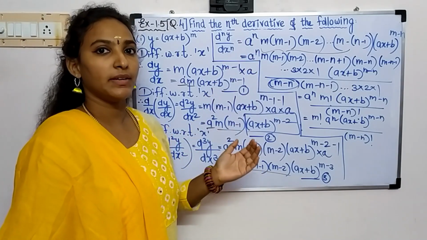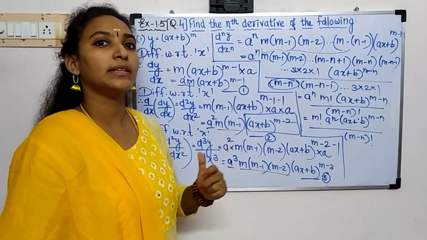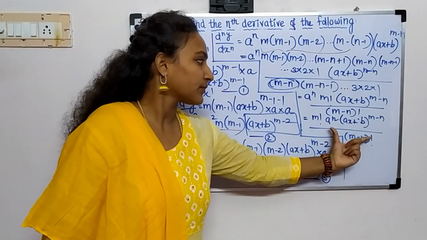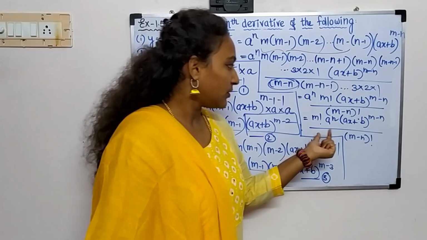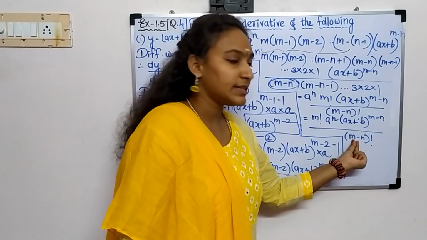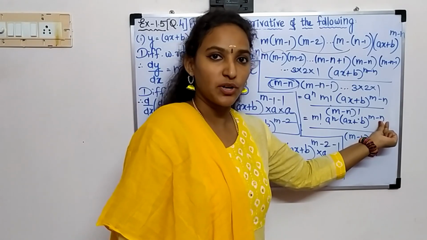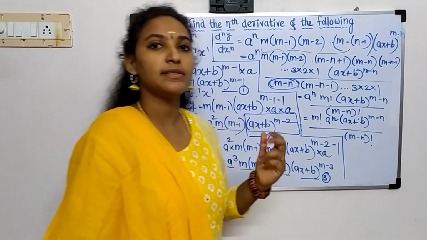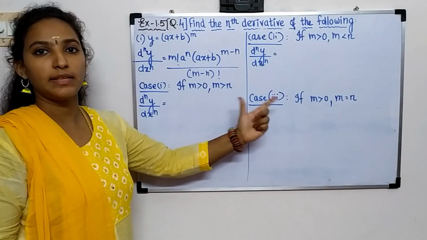But in the book they have given 3 cases regarding the answer for this. So let us see how to go with the 3 cases now. But the answer is this. But you cannot stop the answer here because this is a general form, not the actual answer. So here we are going to take some cases for m and n. Here consider the m always positive and sometimes n positive, sometimes n negative and sometimes both are equal. That are our 3 cases. Let us go through that cases now. So this is our nth derivative and these are our 3 cases.